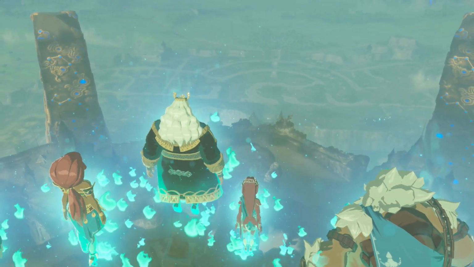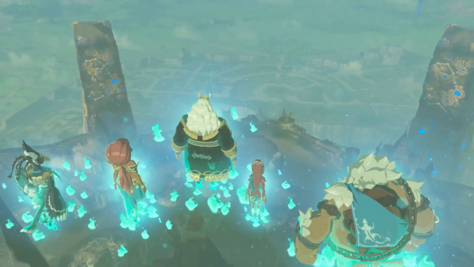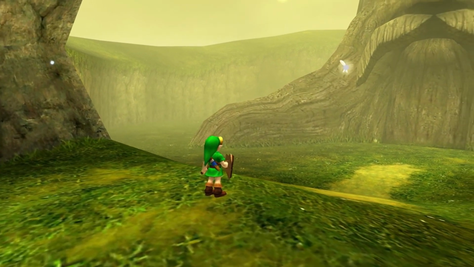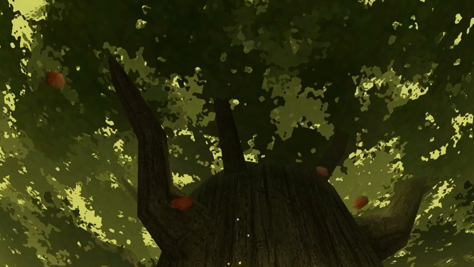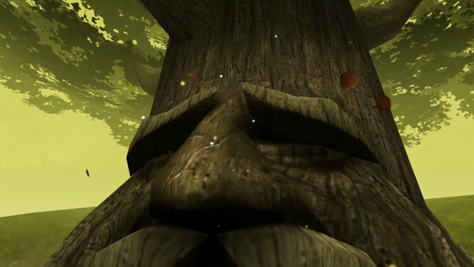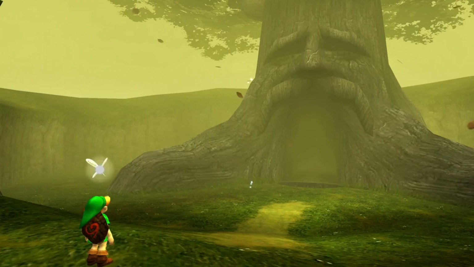Now, I know that there have been deaths in the Zelda universe before, but none that are really that impactful. When we meet the Great Deku Tree in Ocarina of Time, he's already on the verge of death. The audience doesn't develop a connection with him because we meet him and then he dies. It's like finding out a stranger died. I mean, while you were watching this video, somebody out there died, and do you care? No, of course you don't, because you don't know them.